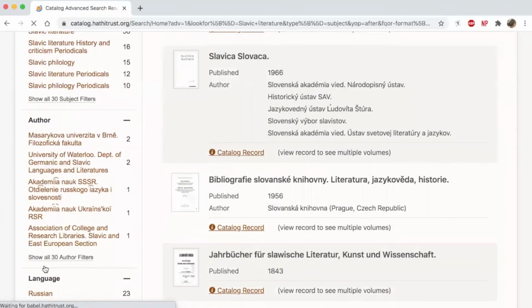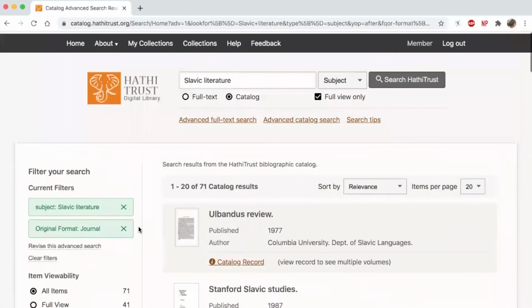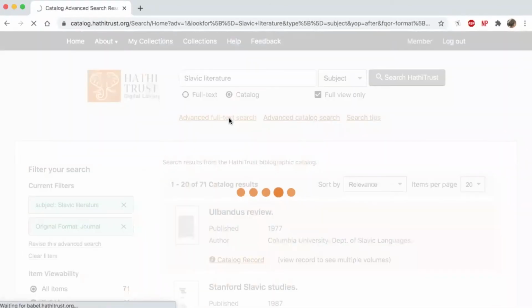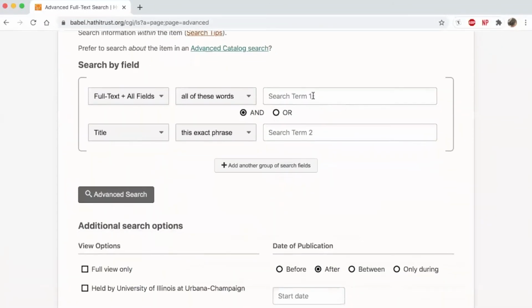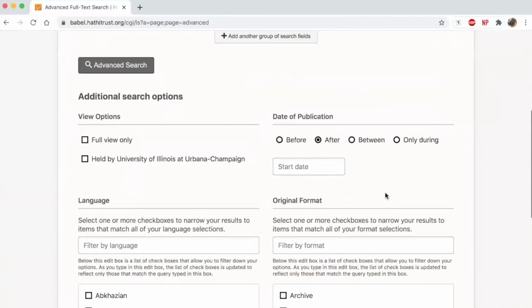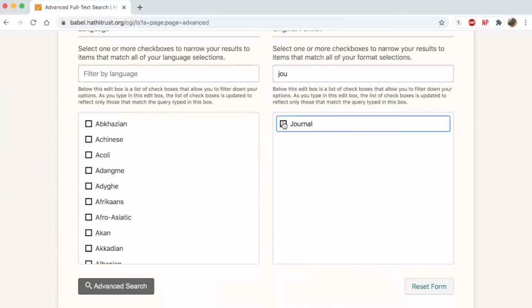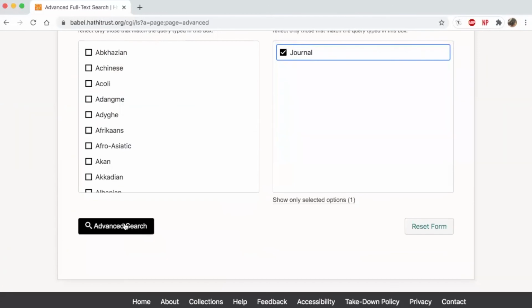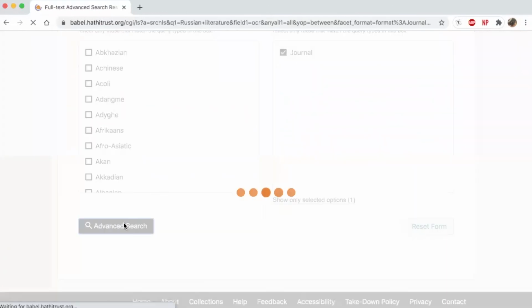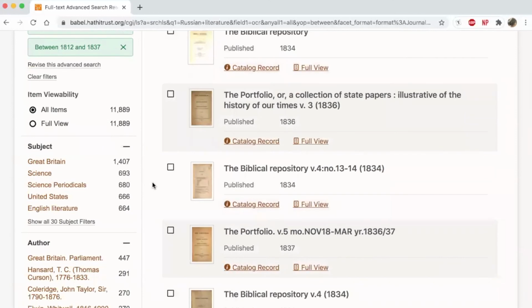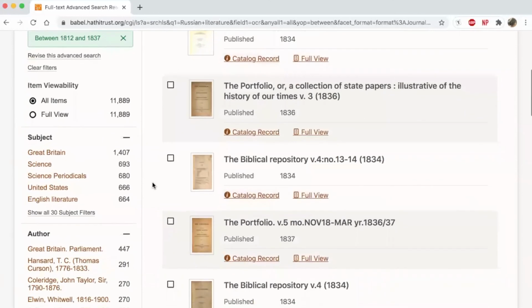If you know exactly what you are looking for, you can use the advanced full text search to locate it. Say you are looking for Russian literature, and you know the circulation run was between the years of 1812 and 1837. Once you've selected that, type in journal, select journal, hit advanced search. You can continue to account for details of the text you are looking for with the filters on the left-hand side of the page